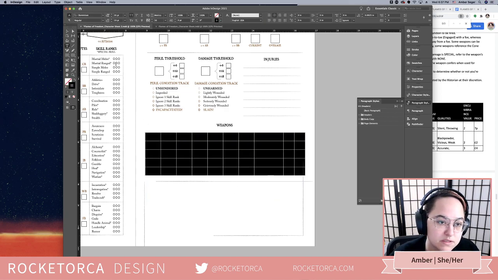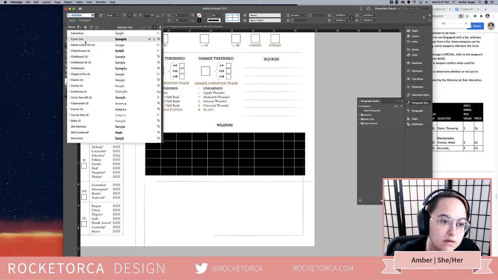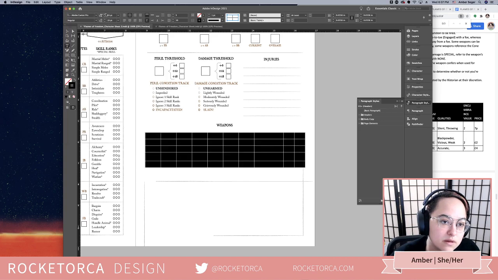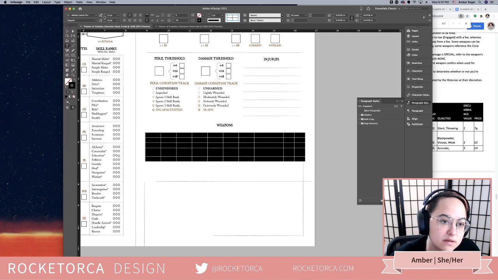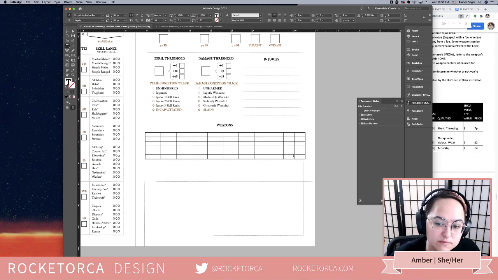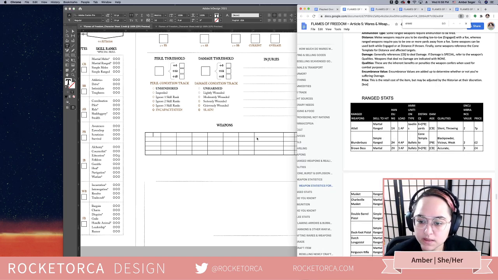I want my font to be Adobe Caslon Pro regular. I want it to be, it's adjusting it to the font. That's fine. We will take care of it later. We need this to be do